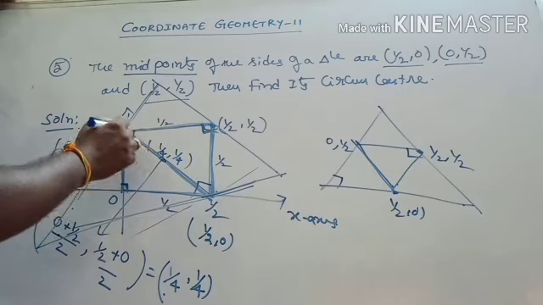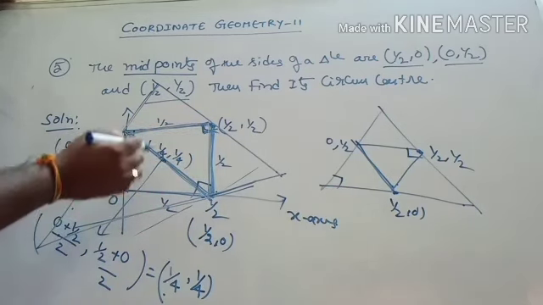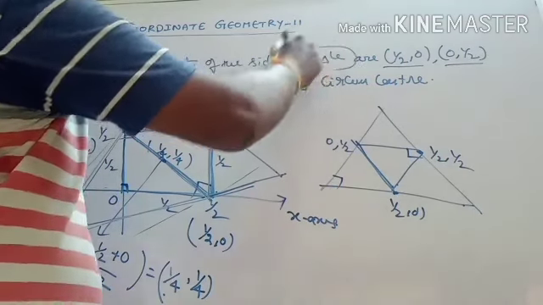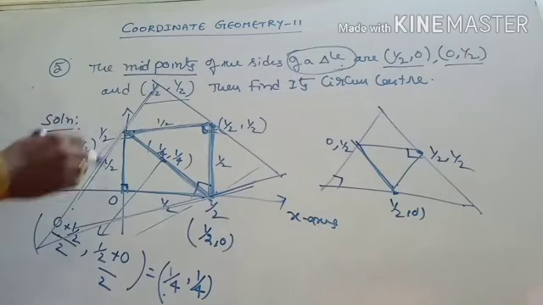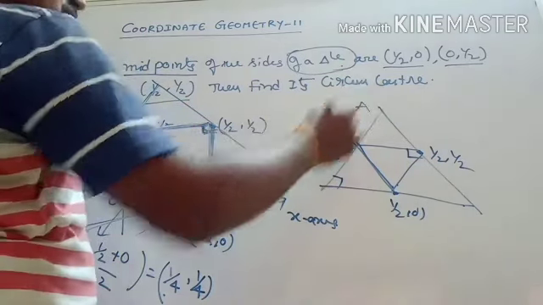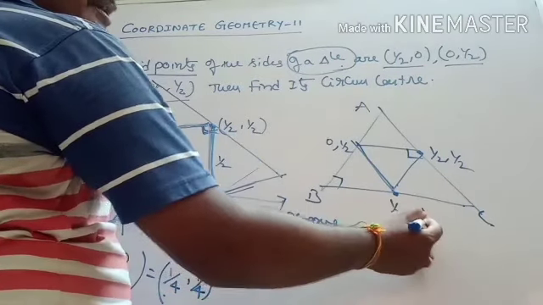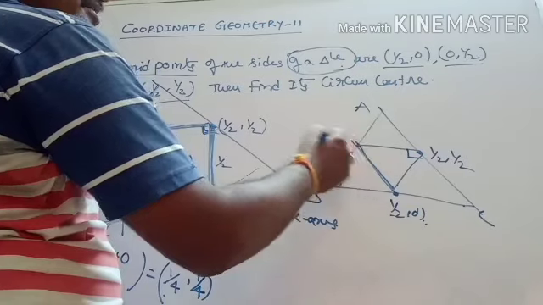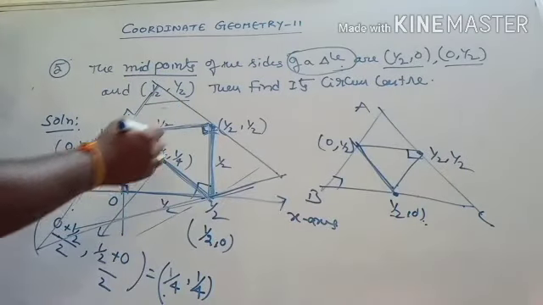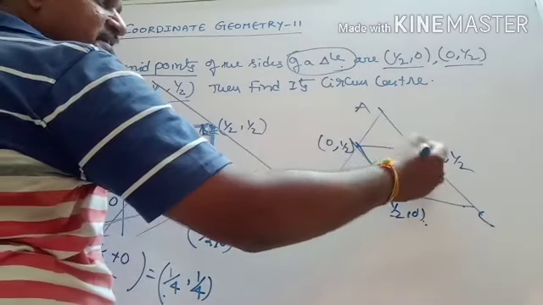This is the circumcenter of the midpoint triangle, but they have asked for the circumcenter of the original triangle, okay, so this is not the correct answer. For that, my dear students, we have got A, B, C. One of the midpoints is 1/2 comma 0, another midpoint is 0 comma 1/2, and this is 1/2 comma 1/2. And we observed that here this is nothing but a right angle. Therefore, this is a 90 degrees one like this.